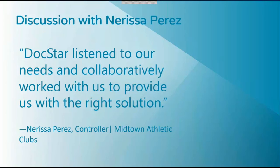For example, right now we are going through our year-end with our auditors, and it has been so terrific from both perspectives to just be able to give them a login into our DocStar system, and they're able to go in and search for whatever invoices they want, whatever check copies they want. The three-way match is all there inside the DocStar system,